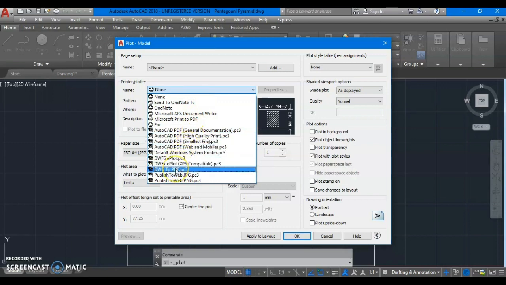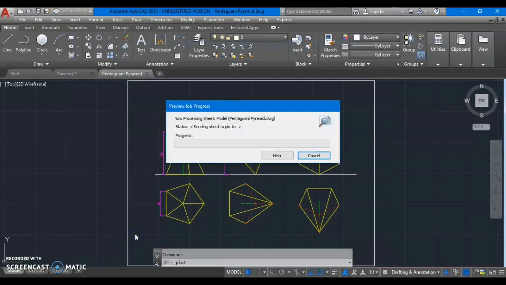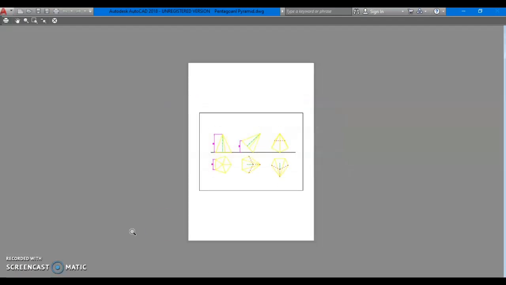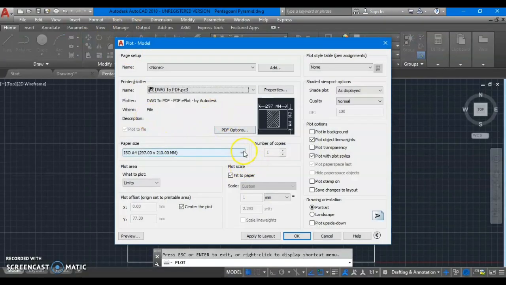Let us try to give it as drawing to PDF so that you can see the preview of your drawing. Preview will look like this. It will be centered into the paper. Fine. You don't need to select any drawing area. Once you give the limits, it will automatically go to that. Fine.